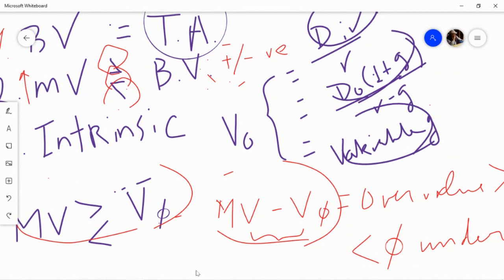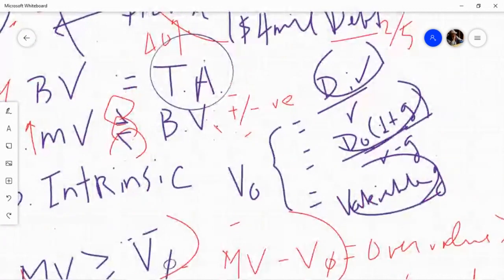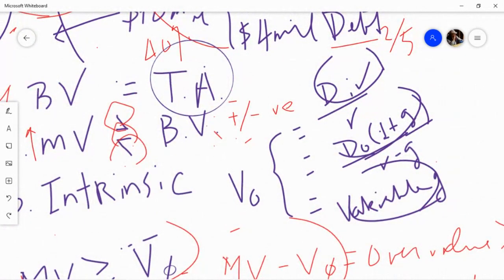The value of the firm, as I said, can be defined in three ways. First, book value, which is total asset value, right, on the book. Market value is the market capitalization of all equity plus the market value of the debt, right? Value of the stocks and market value of debt, which will be clearly different from book value.